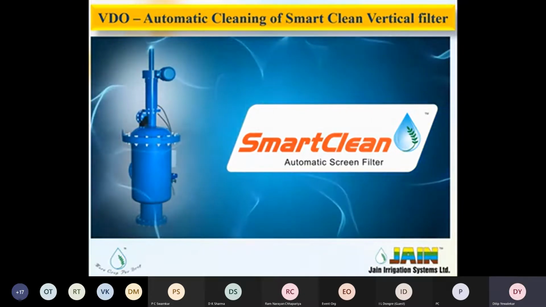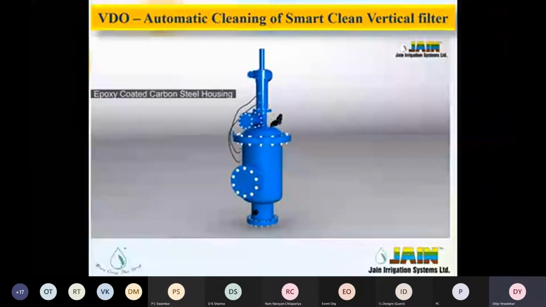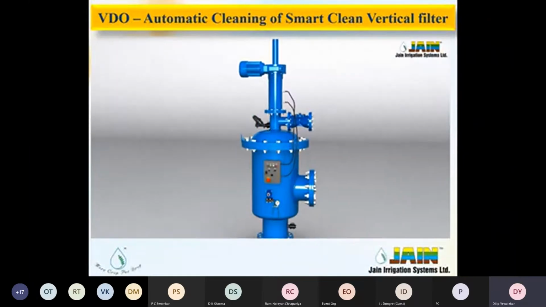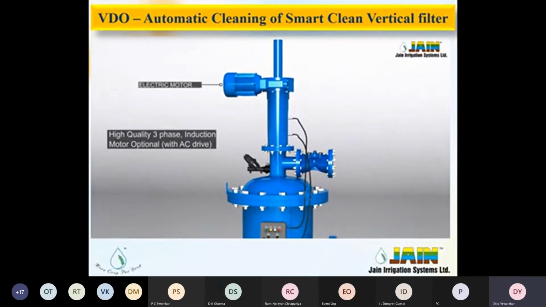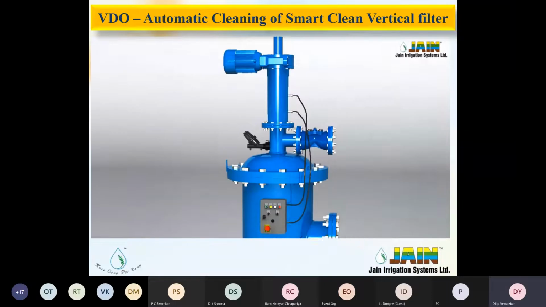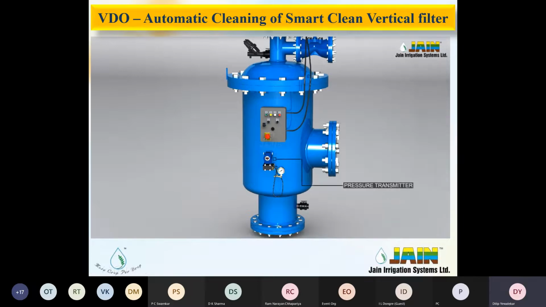It is a vertical model, and the automatic cleaning of this filter is done with the help of an electric motor. And this can be connected to a computer program, and the filter works as per the program, either on a time schedule or based on the pressure difference. Then the backwashing is done. The entire body of this filter is mild steel coated with epoxy material,